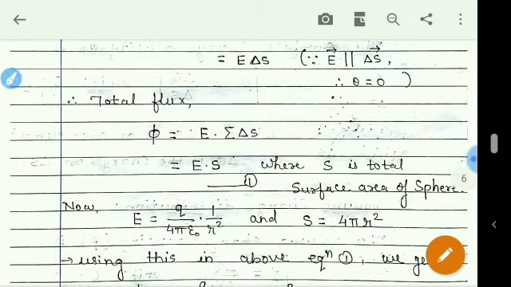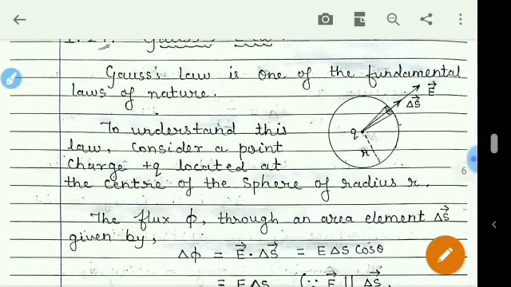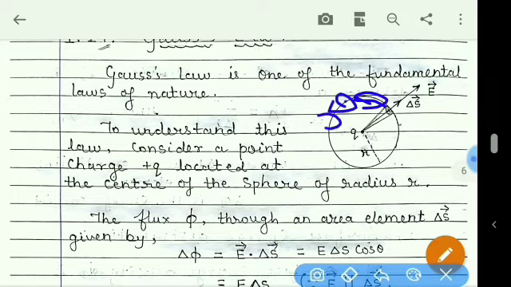Summation of what? The summation of all such small area elements. So if we add all these small areas of this sphere, then we will get the total area of the